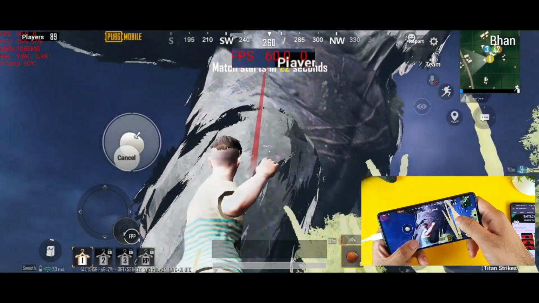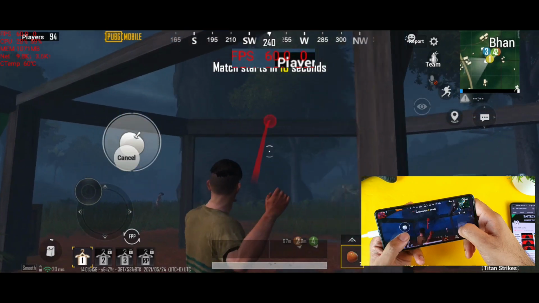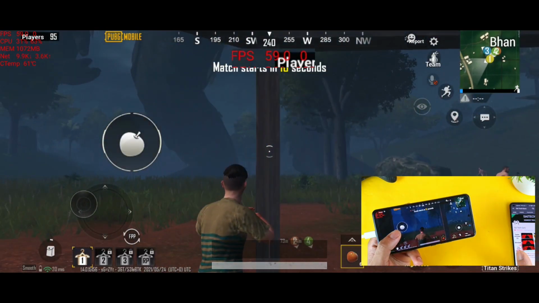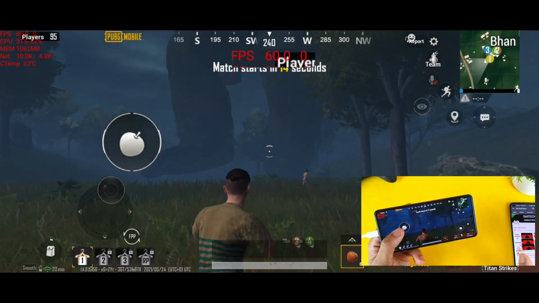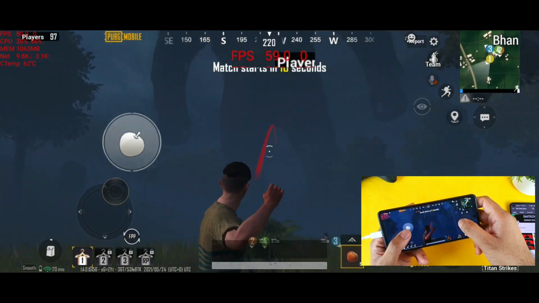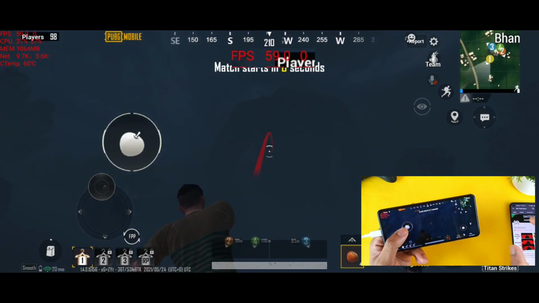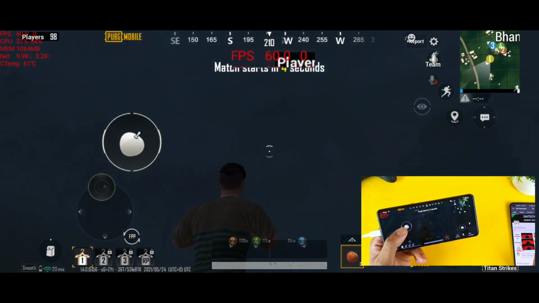So let's see, friends, what will happen. And I can definitely feel the vibrations of the phone coming. It's really good, the vibrations in this phone, which I particularly like. And I'm trying to record the screen, I'm trying to play. So this will be a really interesting test for a lot of gamers who want to use this phone for streaming purposes. Then definitely you can know.